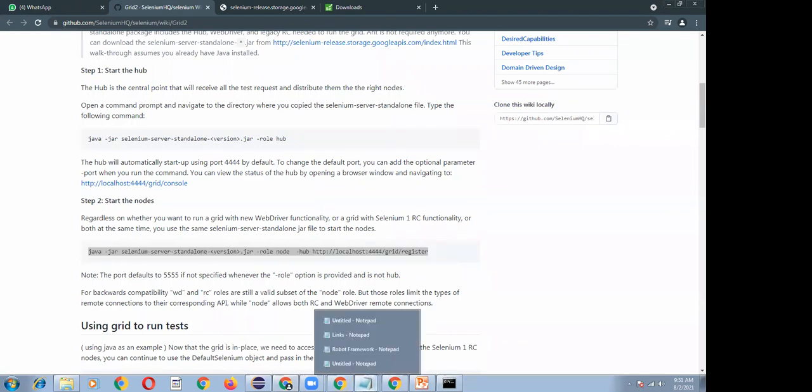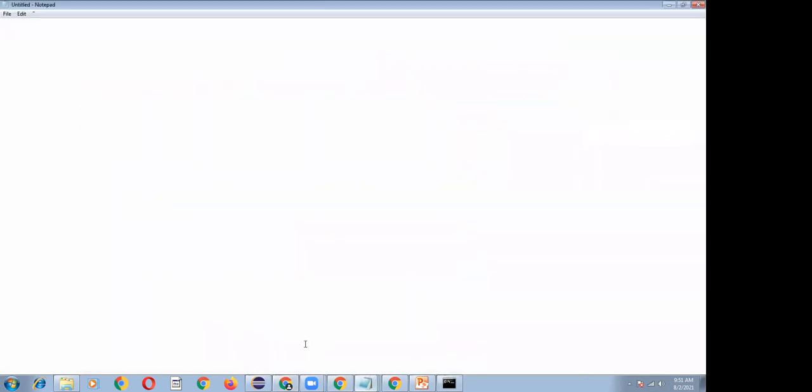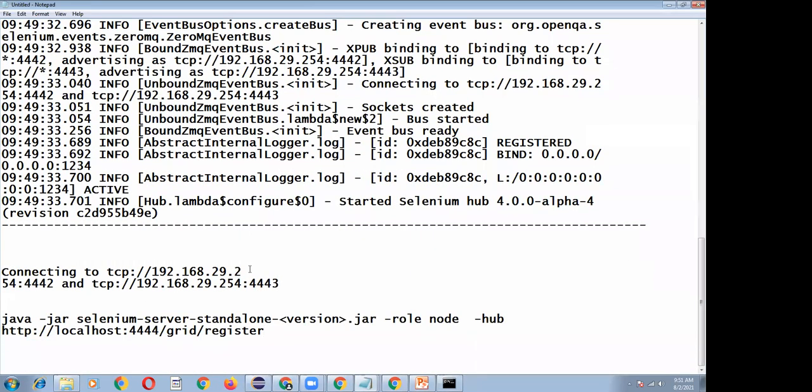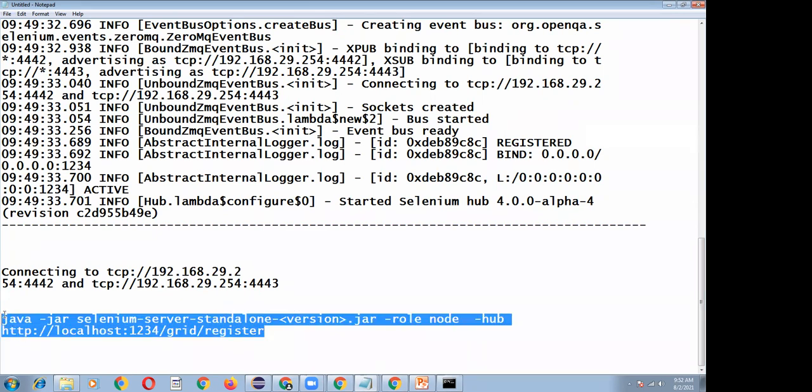I copy the command and paste it. Previously, while executing my hub command, the port I gave was 1234, so here I have to specify 1234. This is the command I have to execute from the command prompt on the remote node system.